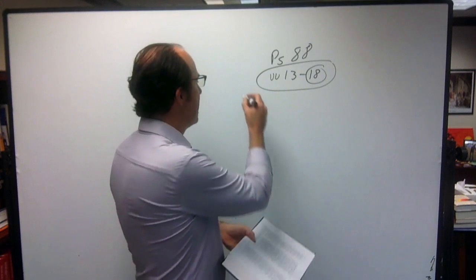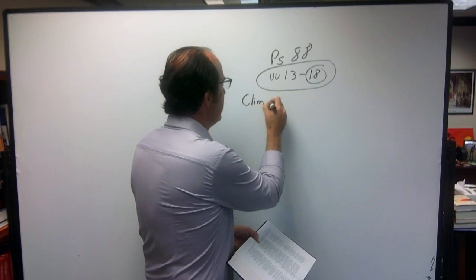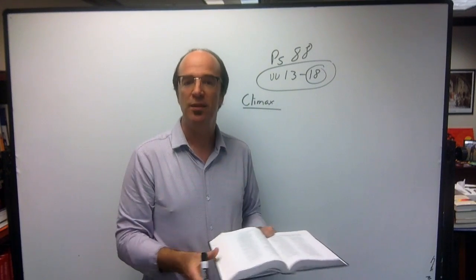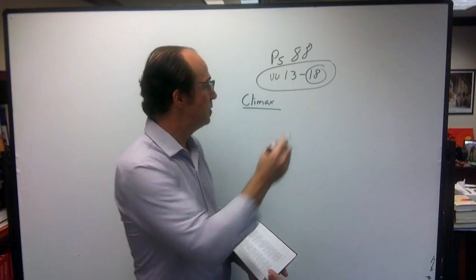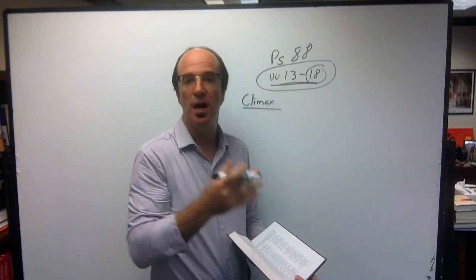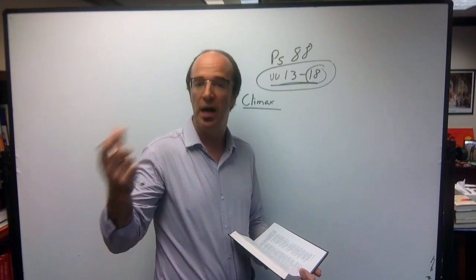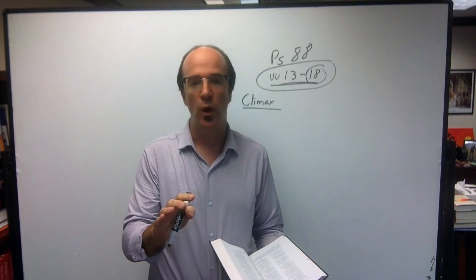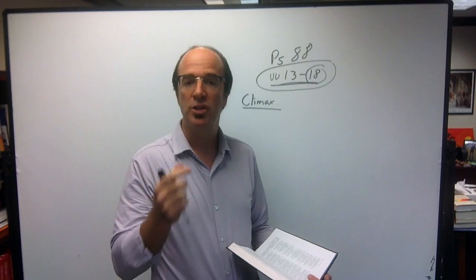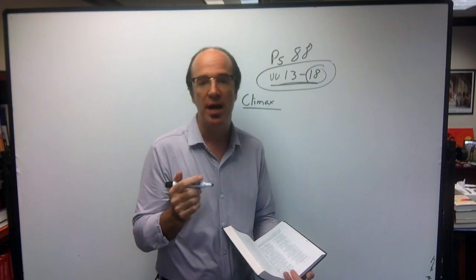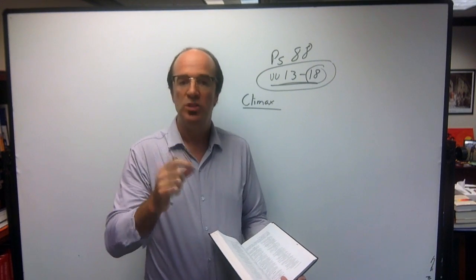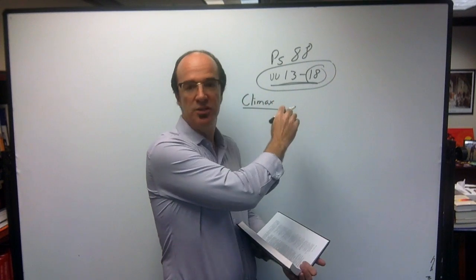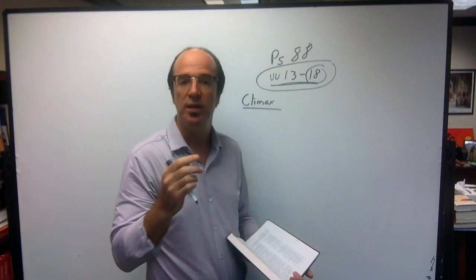And so if this is the climax, what you want to do when you're interpreting Psalm 88 is you may not have time to do a thorough job looking at all 18 verses, but most of us can find time to work really carefully with this block, like a paragraph, or if you have to, go down to 1 or 2 verses. And what you do is you start with your structural questions. And so like for climax, your definitional questions for climax might be something like, what specifically and precisely is involved in the climactic section?